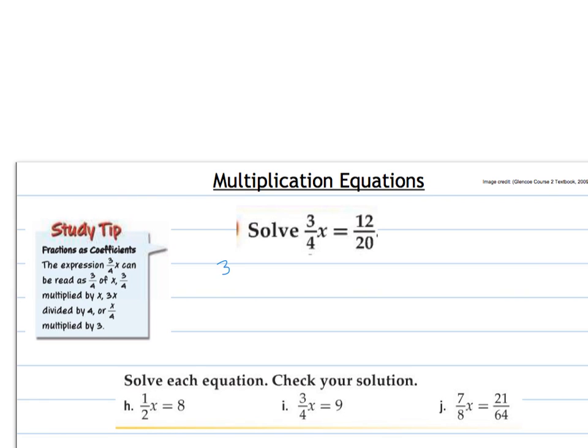So again, we write our equation. There's multiplication, we undo that with division. How we undo that is multiply by the reciprocal. 4/3 times 3/4 is 12 over 12, which is 1, so I'm left with 1x. Multiply by the same thing on the other side. I can cross cancel. So I know 3 goes into 3 once. 3 goes into 12 4 times. 4 goes into 4 once. 4 goes into 20 5 times. So then I'm left with,